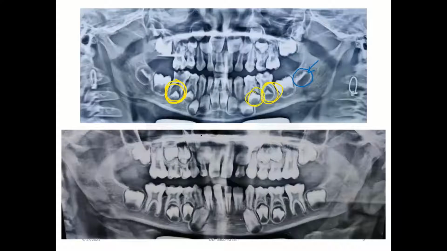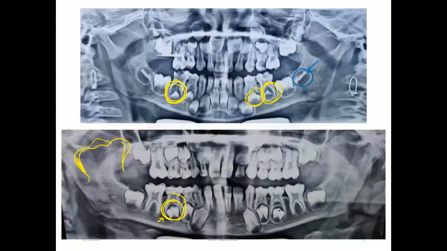But if you see this tooth, now it is not really very clear. So what happens is this tooth is like this, okay? This is the other thing. Now here is the enamel. And if you change the brightness, you can see the enamel also. For this tooth, the eruption has started because the crown is complete and the root formation has just started. Okay, so this is the clinical significance of these molar stages.